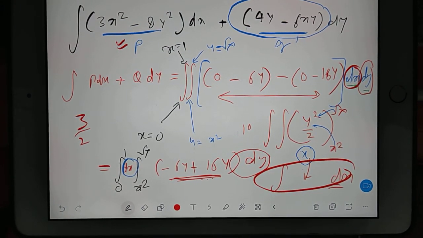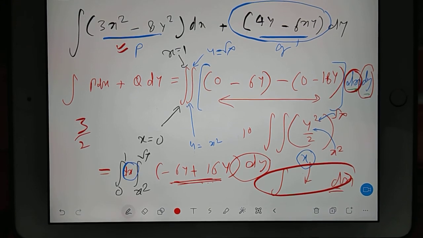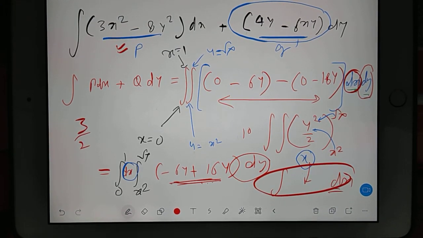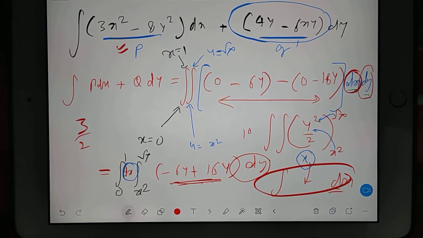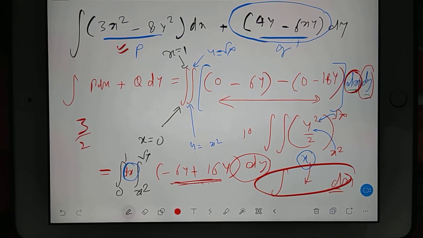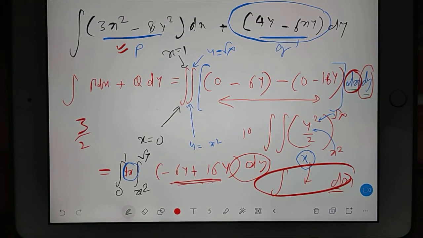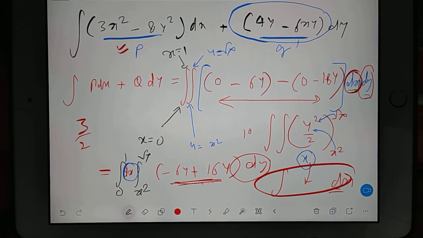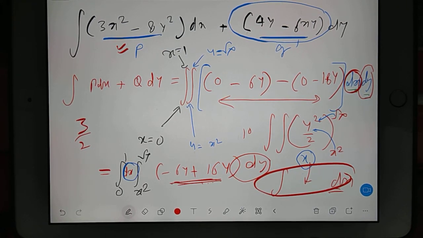Oh, then it will be complicated. That type of term will not come. But we have the procedure. Suppose both are present. In that case, you will consider one as constant, and one you will integrate. In last class, we have done this. Same last question Vedant was asking out of the class. If x and y both are present in the bracket, then how to tackle? Then you will tackle by integrating, leave one, integrate another one. And in the last, you integrate all.